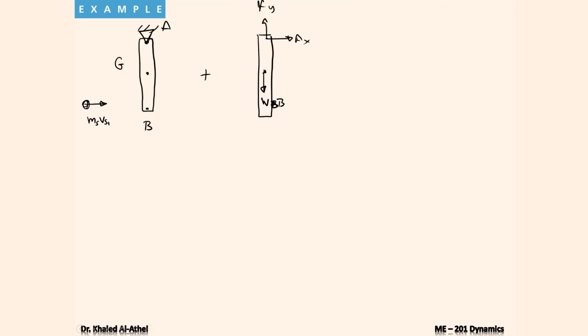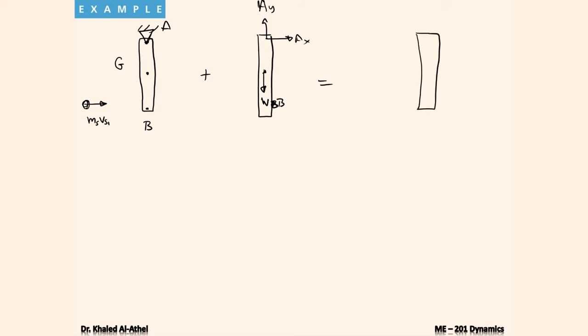Then, what impulses do I have? I have the weight of AB, which is not impulsive, and I have the two reactions at the hinge, AX, AY. So they do not give me anything. So basically, they are non-impulsive forces. But this should equal, after impact, to